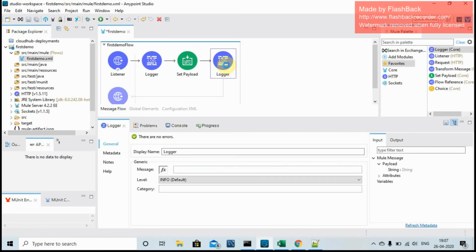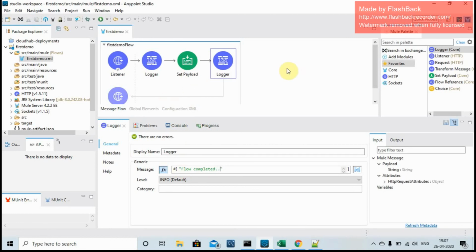Similarly, in the logger, I'm going to put a generic message like flow completed. Okay, save it, and this is pretty much it.